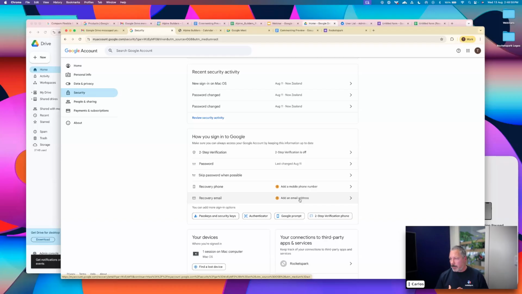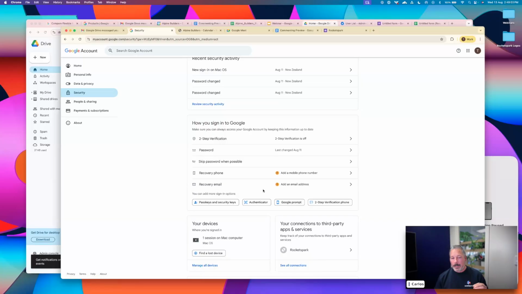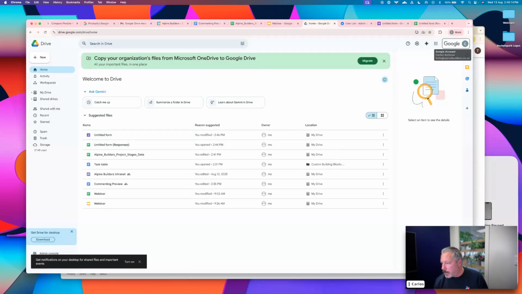Obviously, if the account's with Rocketspark, you can come through to us and we can support you with these things and verify you and so on. But yeah, you've got a whole bunch of sign-in options, and this is really important for your business to make sure that you're safe and secure. So I would recommend doing that. And then just make sure